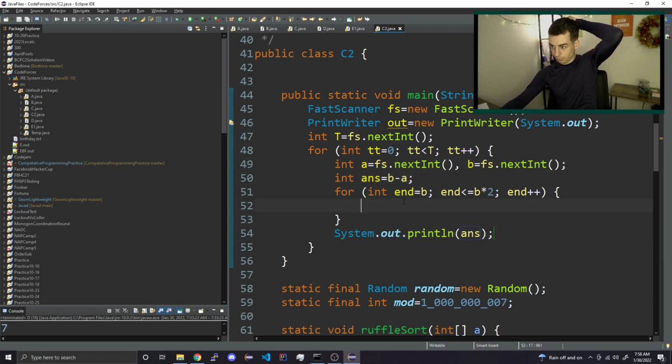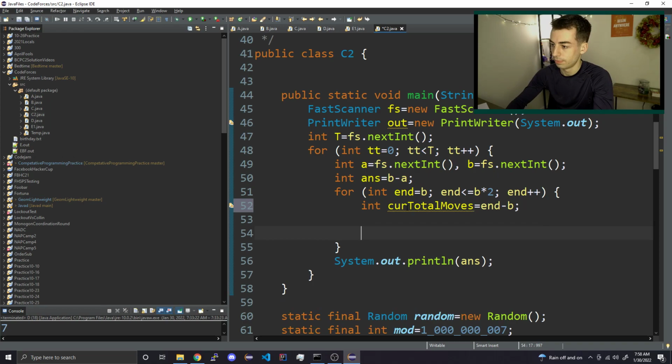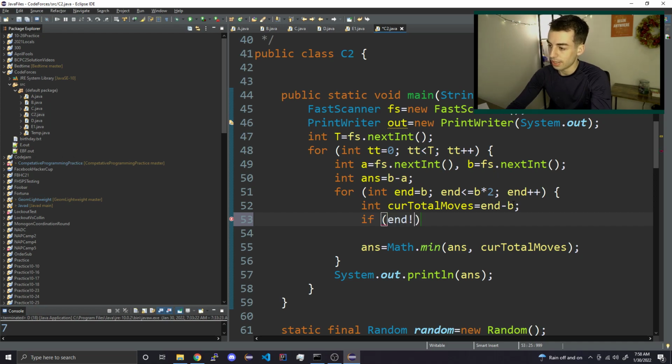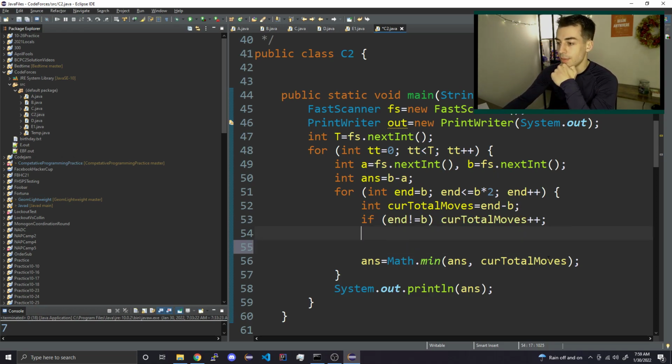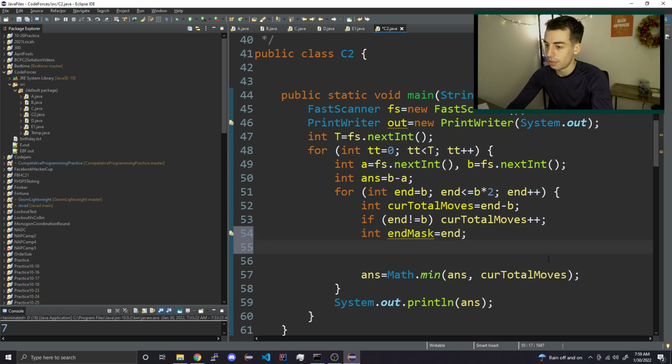Okay. So occur will be n minus b. Then plus 1 for the, oh, okay, so if n is not equal to b, for total moves plus, and then we need to add the a moves. Okay, so int end mask equals end. Yeah. Then,